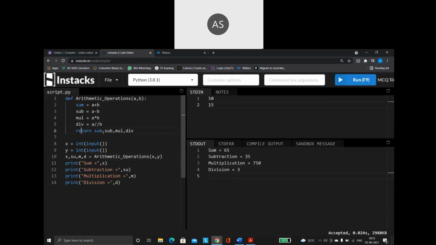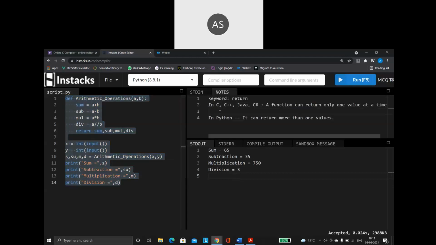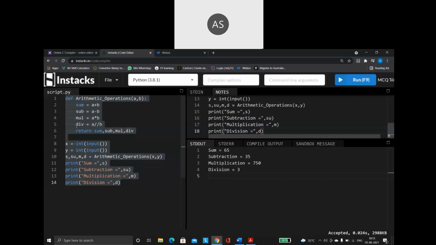So a function can return more than one value at the same time. This is one of the special features which comes along with Python. So how to prove this? What is the example for this? Is this program. Okay, now how is this done? So now I am saying yes, it is giving you more than one value. How is it achieved? It is achieved in one single form. How? Let us run it and show you.